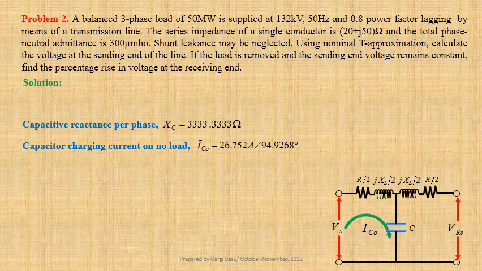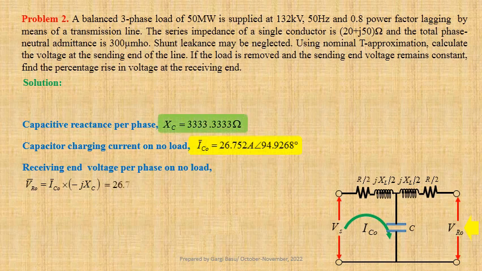Now we shall calculate receiving end voltage per phase on no load. VRO equals to Ico into minus of j times Xc. Using values we get 26.752 at an angle 94.9268 degree into 3333.3333 at an angle minus 90 degree. That gives us 89,173.332 volt at an angle